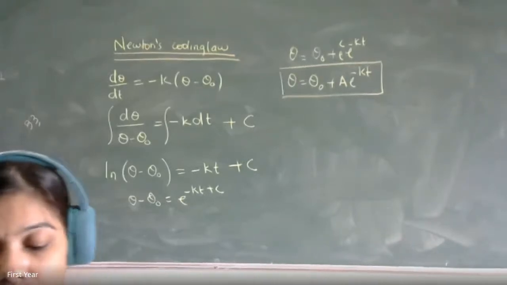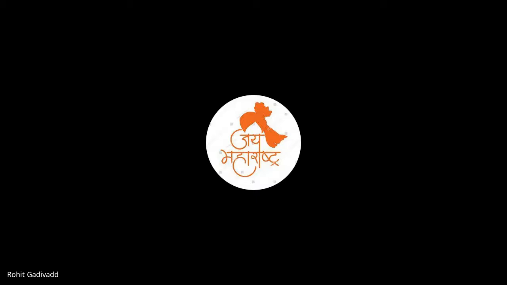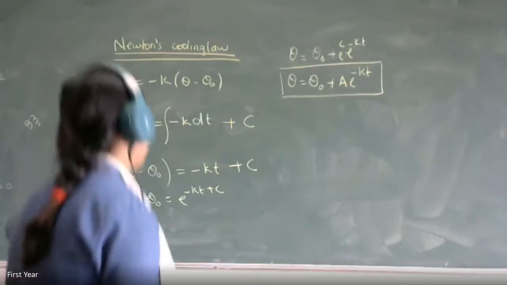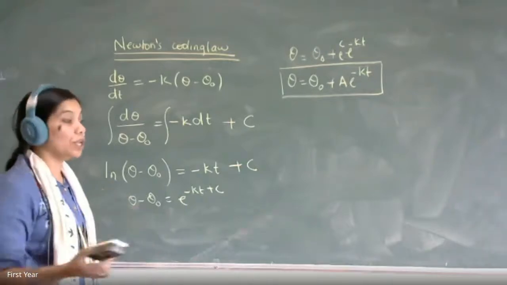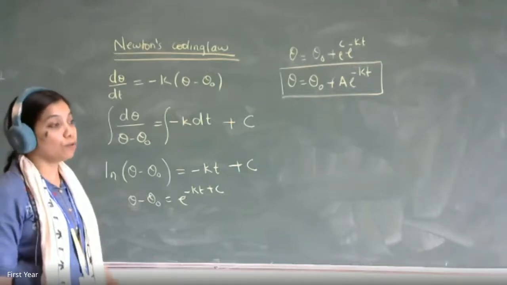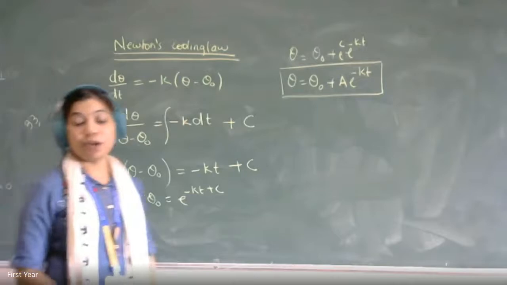If a thermometer is taken outdoors, where the temperature is 0 degree centigrade, from a room which had temperature 21 degrees centigrade,